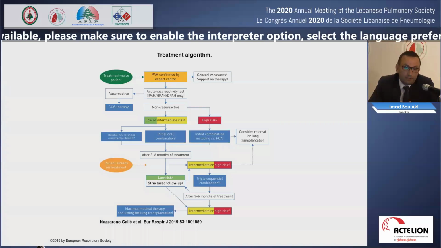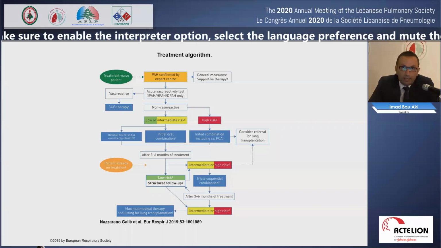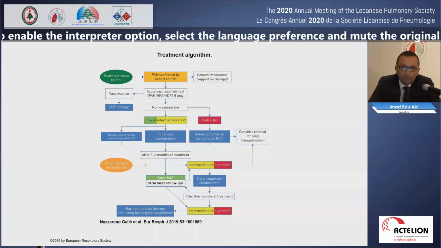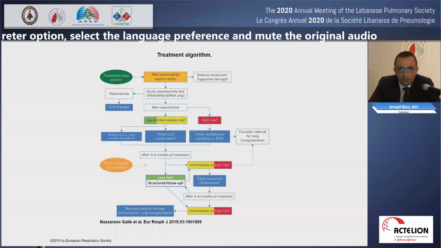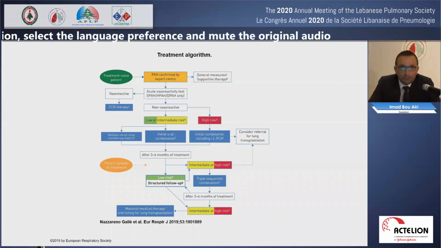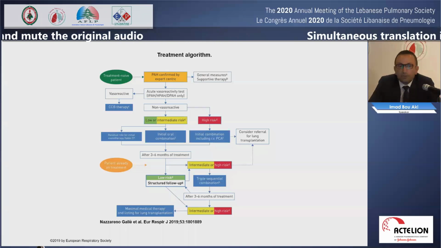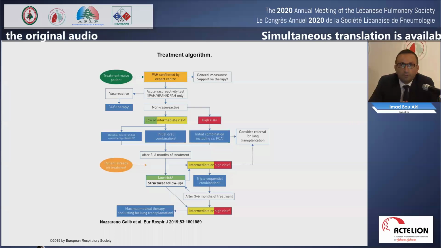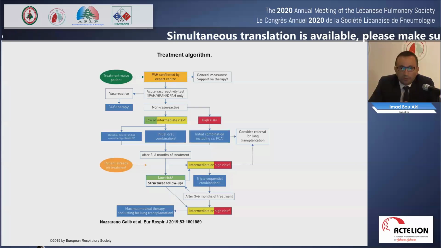Now, the treatment algorithm that is proposed is to start by looking at the patients and doing the vasoreactive testing. This is the first step once you confirm your diagnosis with the right heart cath, in a center that can do the vasoreactive test with nitric oxide. If positive, you start the patient on a calcium channel blocker, and depending on response, you either continue it and escalate therapy, or you move back to the usual non-vasoreactive population treatment.